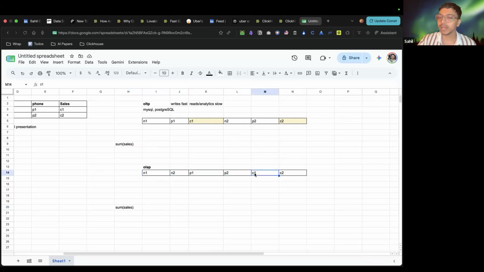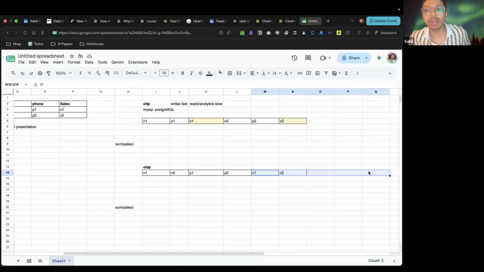That is C1. I'll come here. Now I do not need to hop any location because all the other values are saved consecutively on the memory. Now I can have C1, C2, C3, C4. I'll just do the sum of it. I don't need to hop, find C3, hop, find C4, right? Because of this reason, because data is stored in consecutive memory blocks in an OLAP system like ClickHouse, reading is